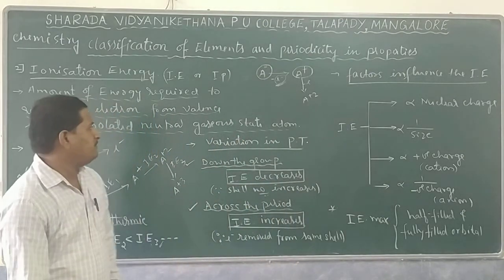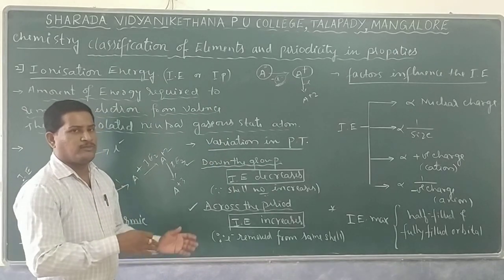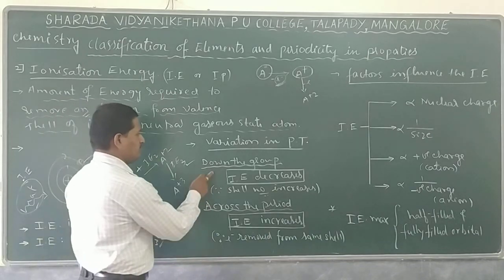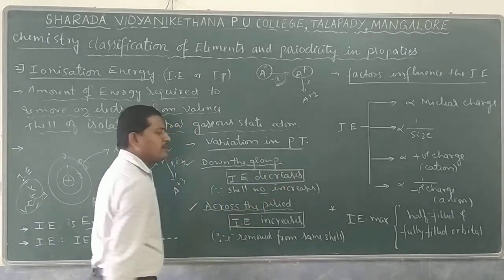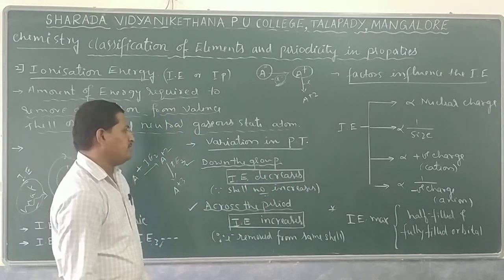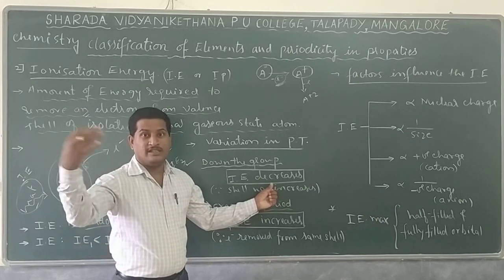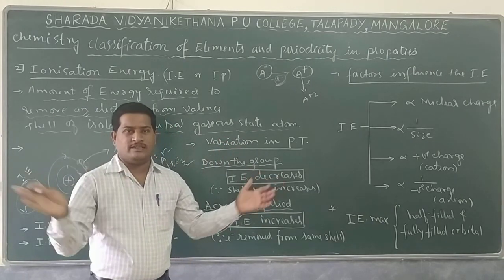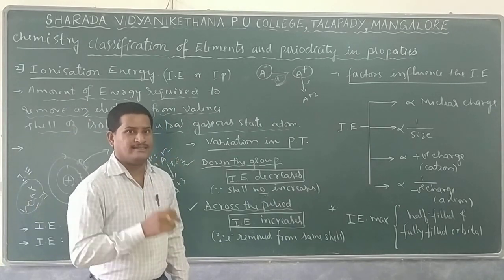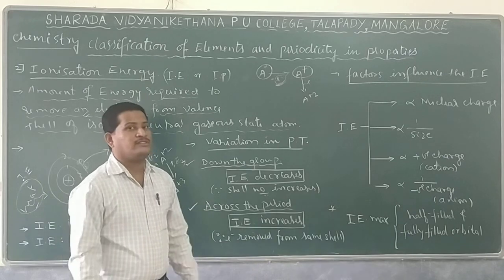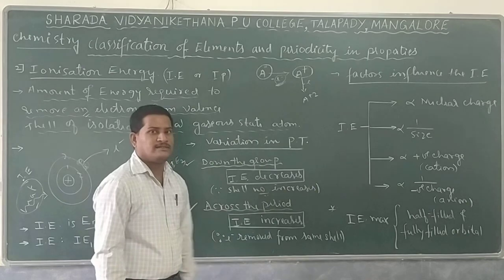Now let us go with the variations in the periodic table. If you look at the periodic table, what about the ionization energy? It is observed that down the group, top to bottom in the periodic table, ionization energy goes on decreasing. Ionization energy decreases because the valence shell number increases and size goes on increasing. As a result, the distance between the nucleus and the valence shell electron is more, the force of attraction is less, and it is easy to remove electrons. The reason is that the shell number goes on increasing down the group.